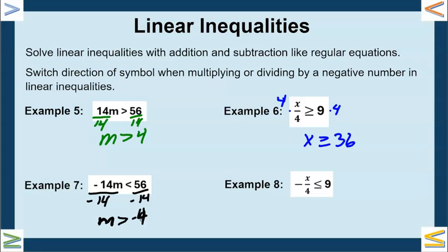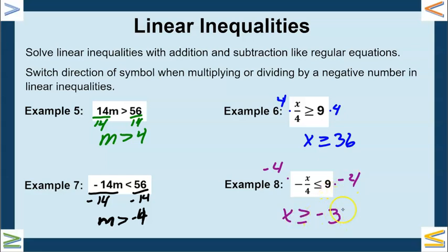In example 8, we have negative x divided by 4 is less than or equal to 9. Now I would just consider this as negative 4, so you can do it all in one step. The opposite of dividing by negative 4 is multiplying by negative 4, and whatever I do on one side, I do on the other. So it'd be x is not less than or equal to, but greater than or equal to